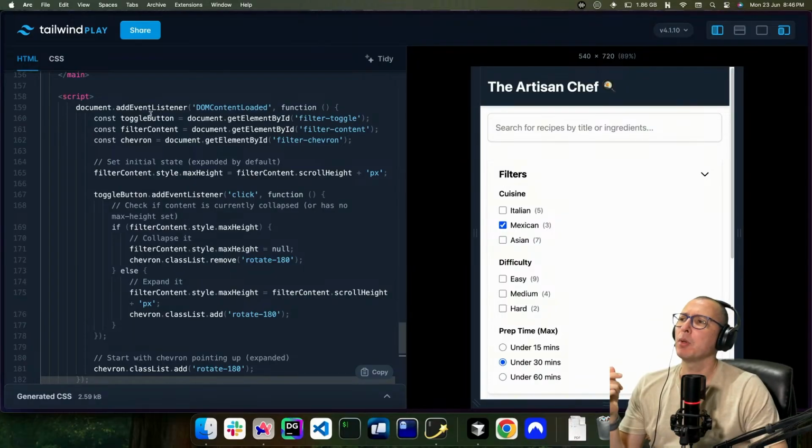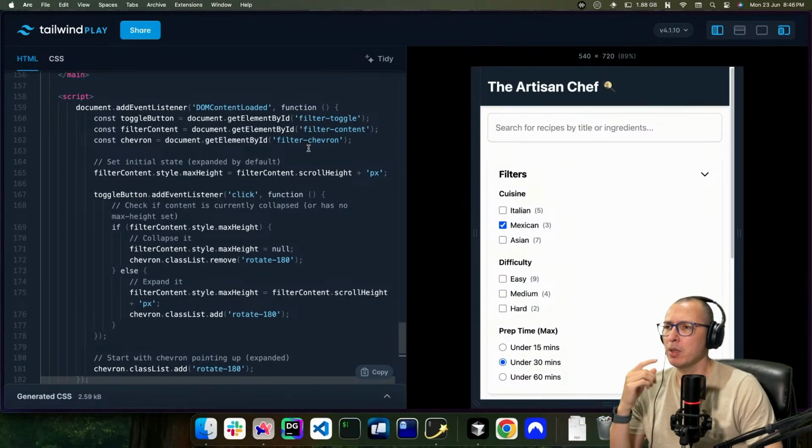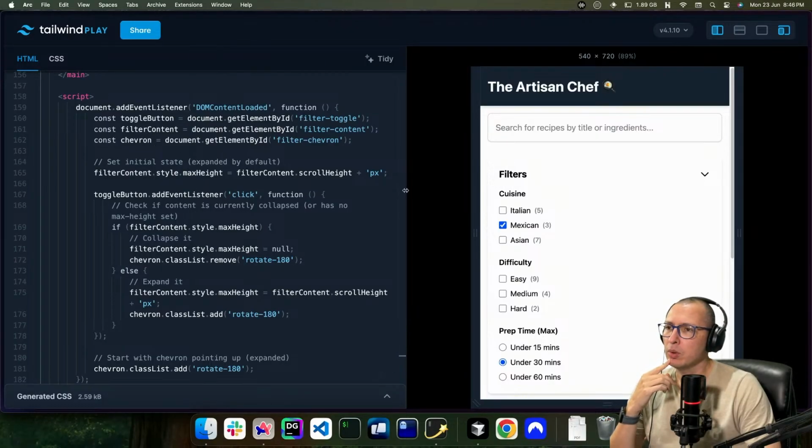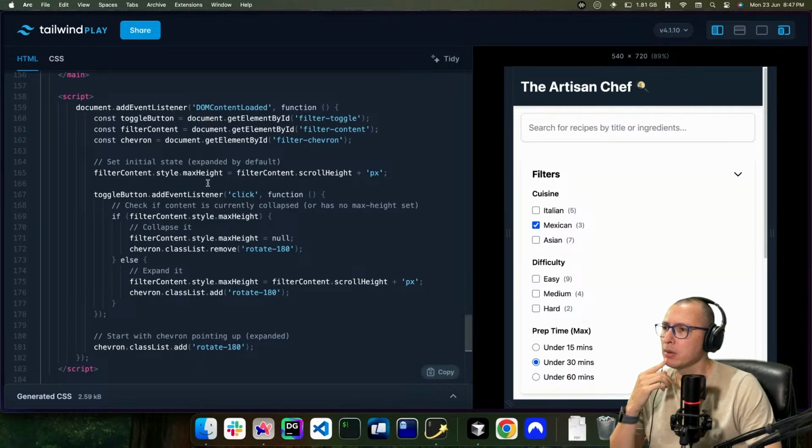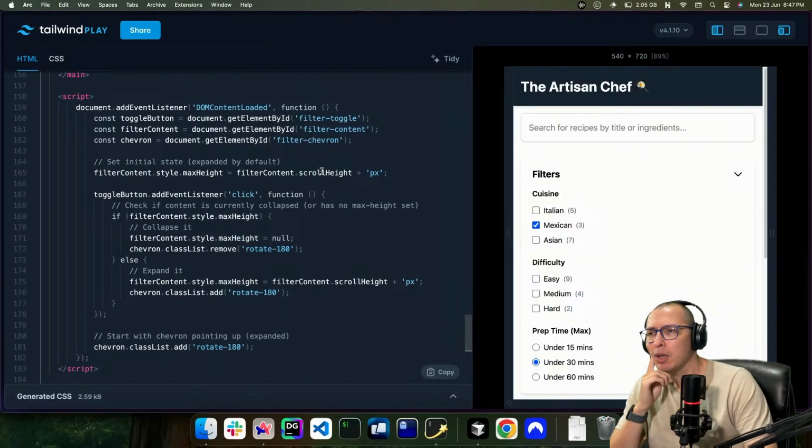And I can probably replace this JavaScript with Livewire. We just need a toggle. And all it's doing is set the initial state, expanded by default. That is quite interesting.